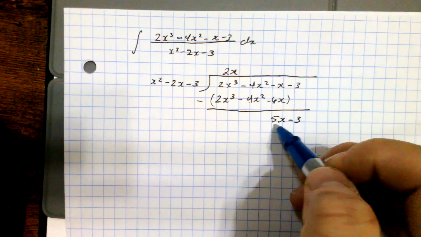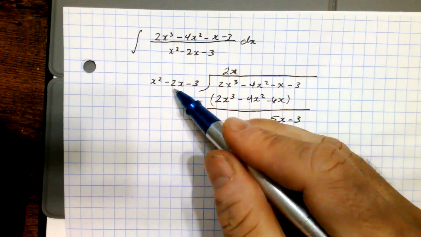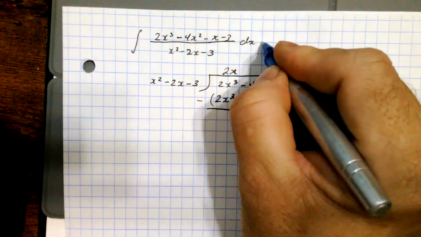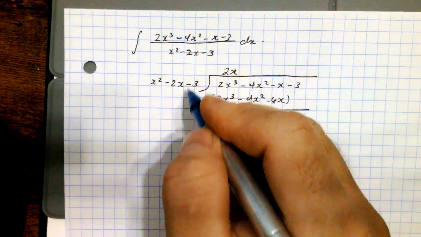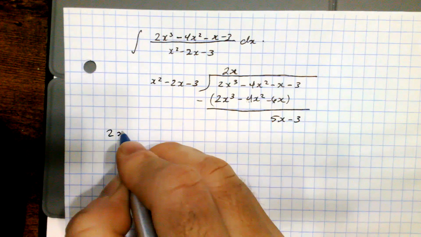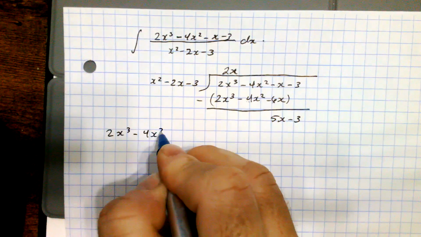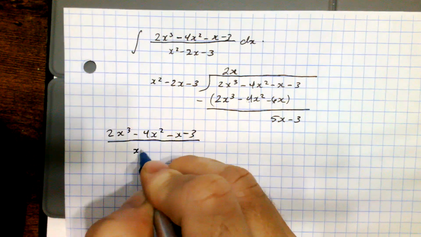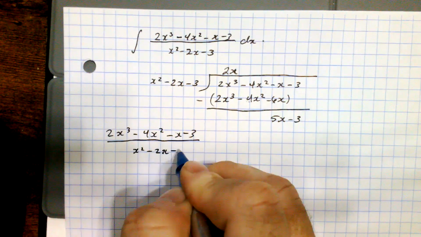Okay, and now you'll notice that 5x minus 3 is lower degree than the x squared in the denominator. So we can rewrite this whole thing, 2x cubed minus 4x squared minus x minus 3 all over x squared minus 2x minus 3,